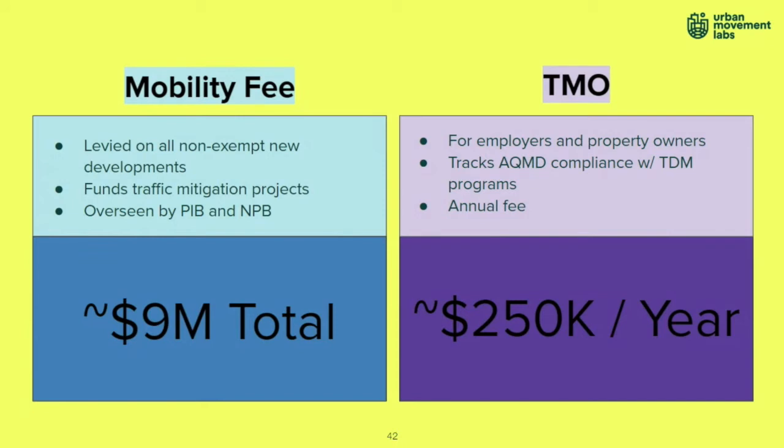The second thing that the Warner Center specific plan sets up related to transportation is a transportation management organization. This is voluntary for existing developments, and I think is either voluntary or mandatory for new developments. I apologize, I forget which at the moment. And this is for employers and property owners to comply with transportation demand management programs. It is an annual fee, and their target is about